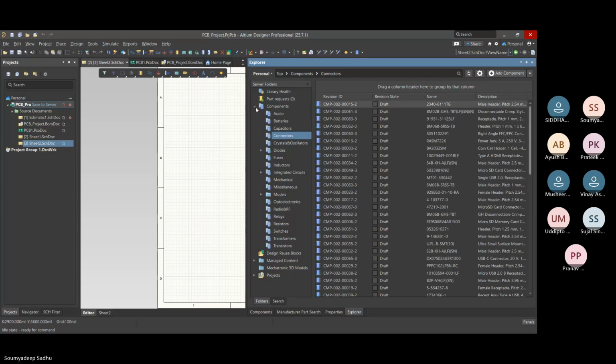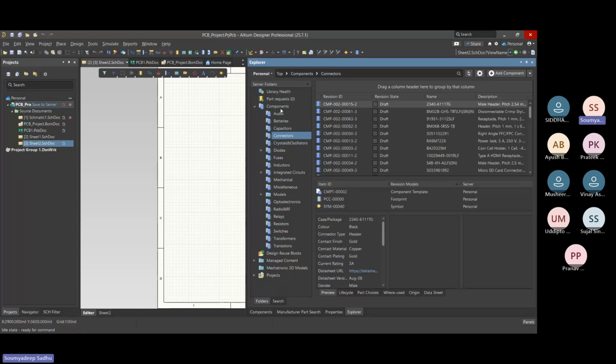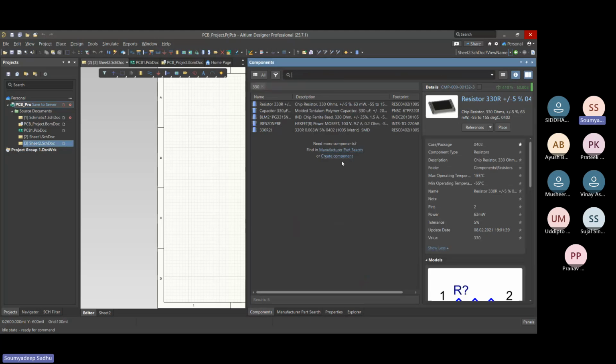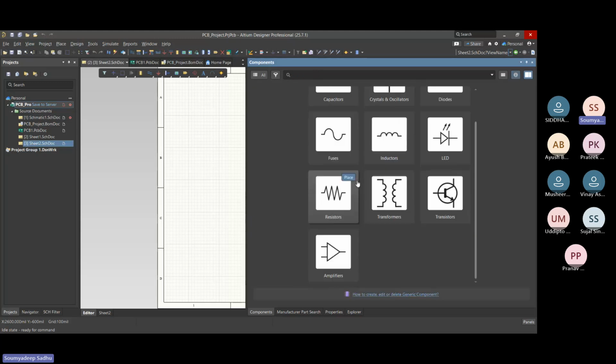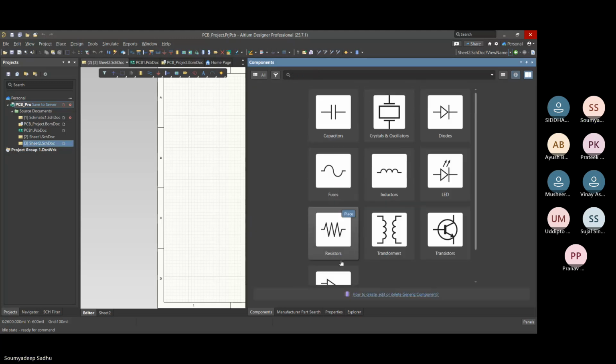So it's just like a file explorer, and components is like a drop-down list or a search list. This is a foldered version. So now,